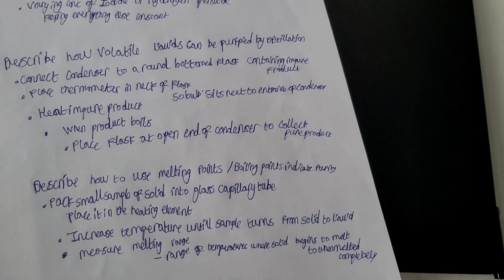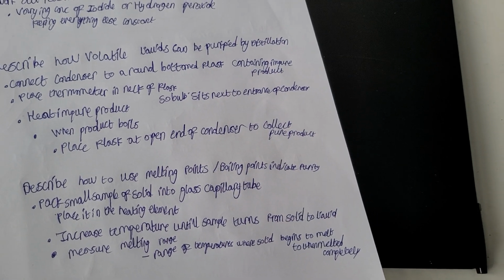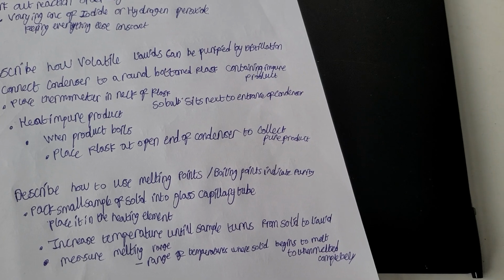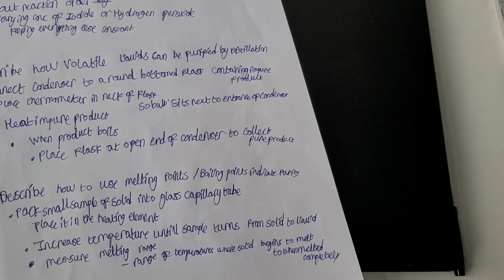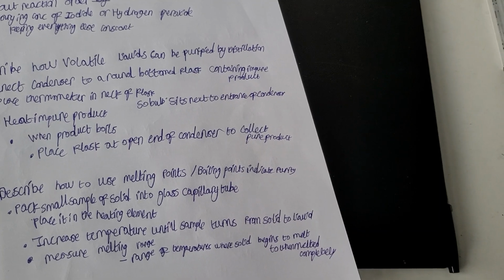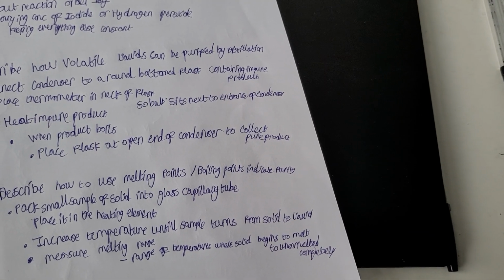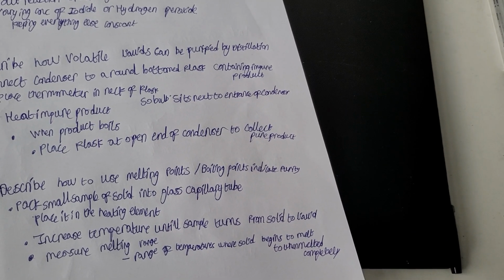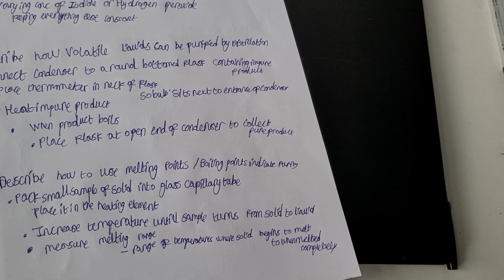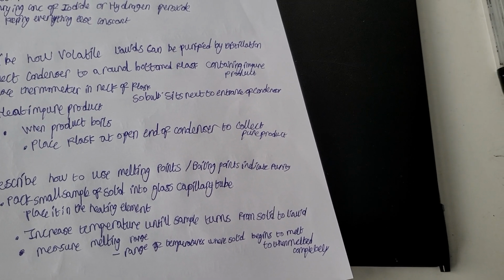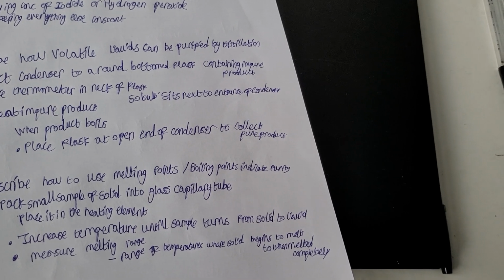Another practical skill: how to use melting or boiling points to indicate purity. We want to pack a small sample of solid into a glass capillary tube, and we want to place it into the heating element, and we want to increase the temperature until the sample turns from a solid to